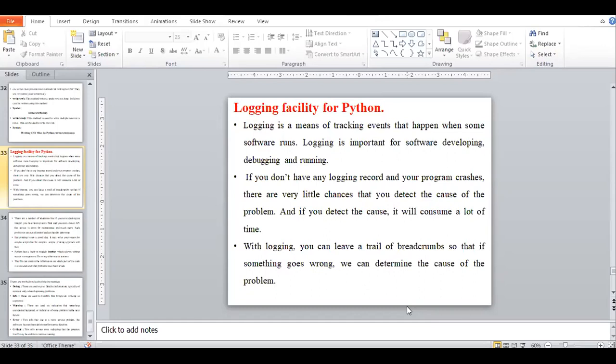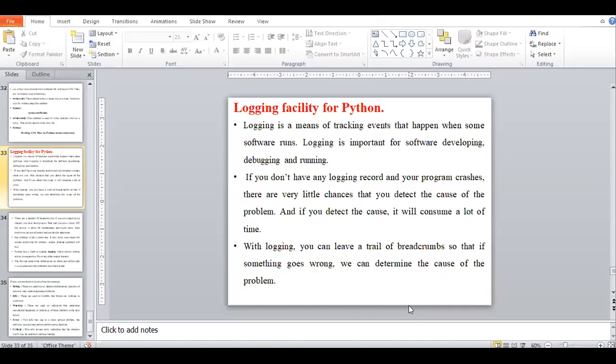At the time of execution of any software, or login to any licensed version of software, we need to put a password, or create a login ID, or create an account for that.